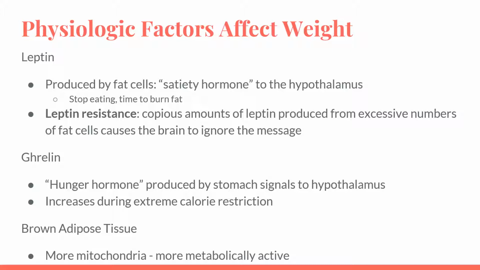And then one other physiologic factor affecting weight would be brown adipose tissue. This is a much more metabolically active type of adipose tissue than white adipose tissue. Brown adipose tissue you may actually see striated between muscle fibers in endurance athletes. Again, at lower intensity, longer duration activities, the body will be preferentially using fat for energy production, and so